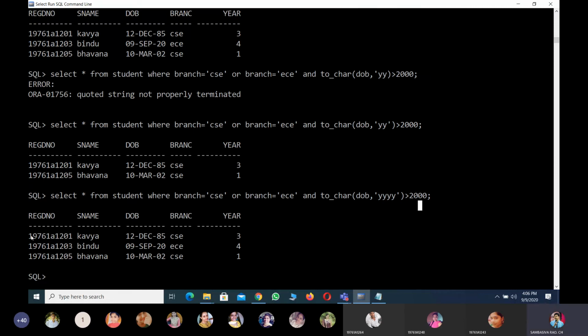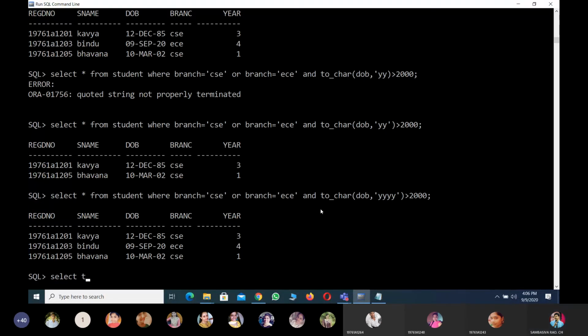I think this record is not expected here. Yes, sir. Whatever the year that you have segregated, that year must and should be greater than 2000. That record, that is nothing but the AND clause, tells that both the conditions have to be satisfied, either CSE or ECE. And we will write down one more query.